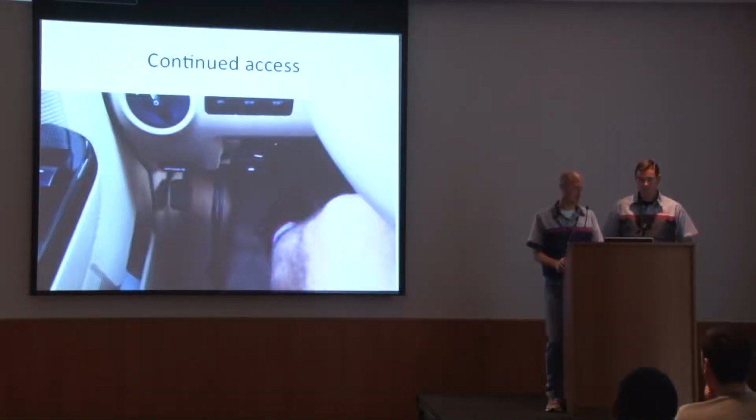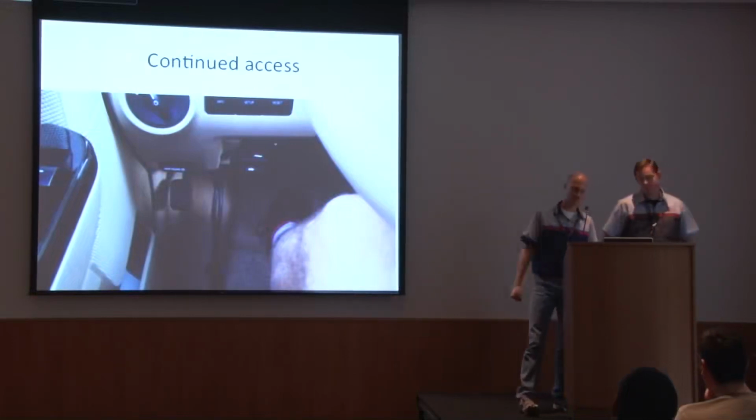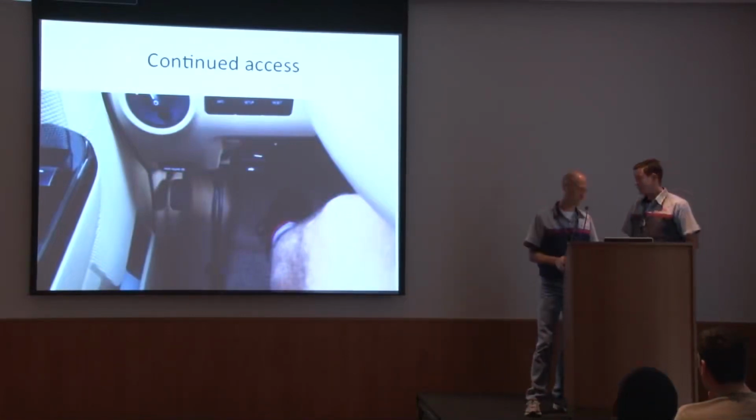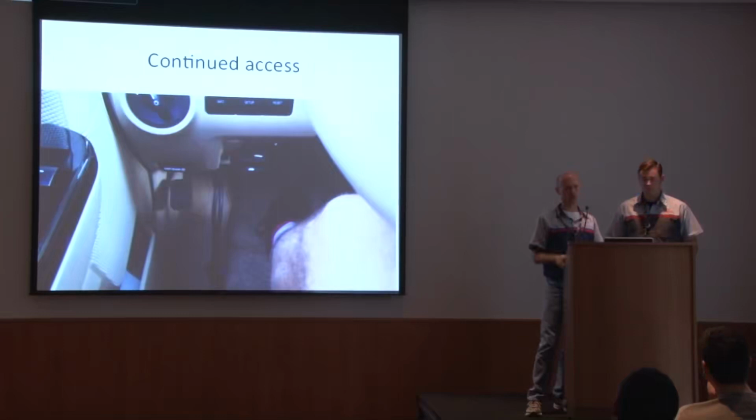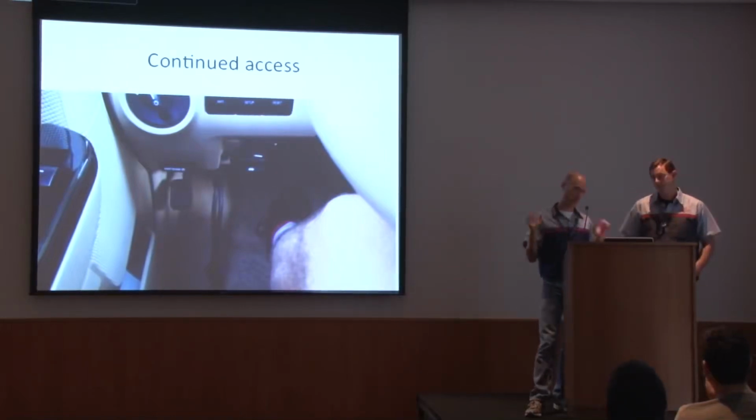So here's a video just to show that I can do that. What I'm going to do in this video is plug into the CAN bus. I'm going to reflash the firmware on one of the modules and make it do something. In this case, I'm going to make it send out a packet over and over that tells the car that it's in reverse. And one of the things that means is the backup camera comes on. So the backup camera will be on even though I'm not in reverse. And then I'm going to unplug from the network to show that I don't have to be on the network anymore.